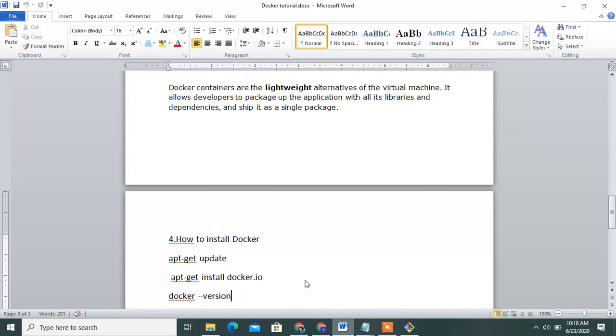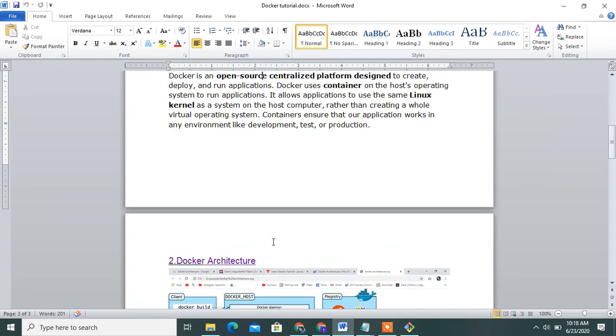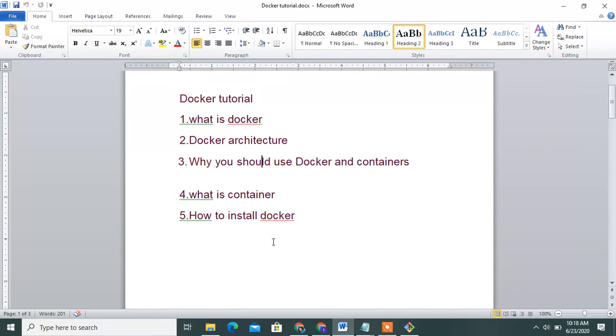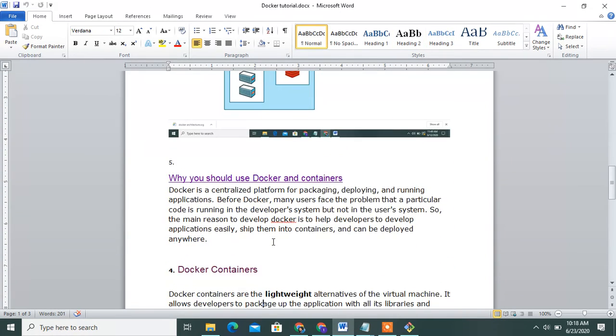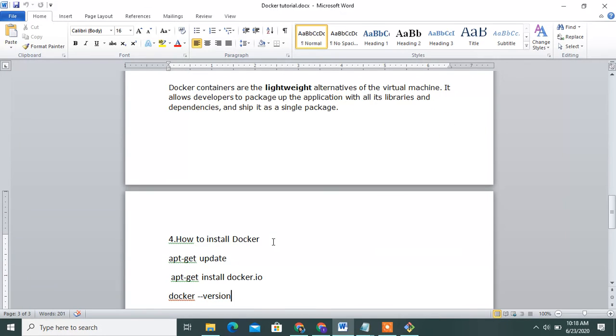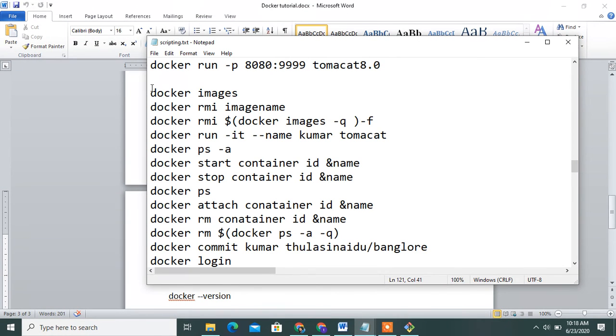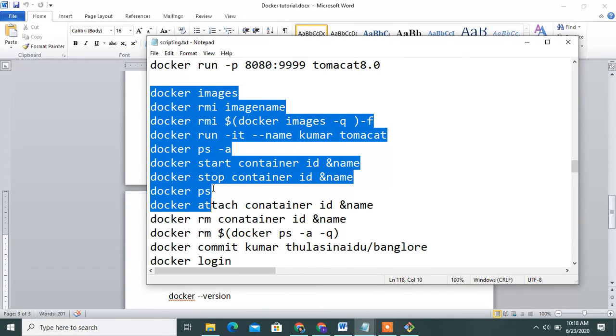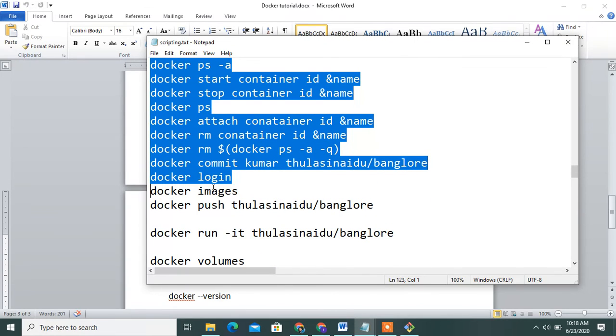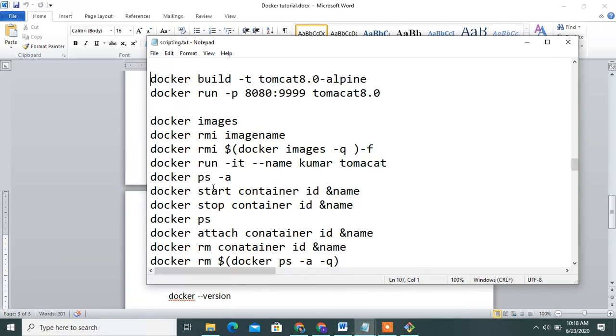Please go through how to install Docker and what Docker is. That video is fully clear, installed from scratch, and you can go through the Docker commands also. This is all Docker commands.